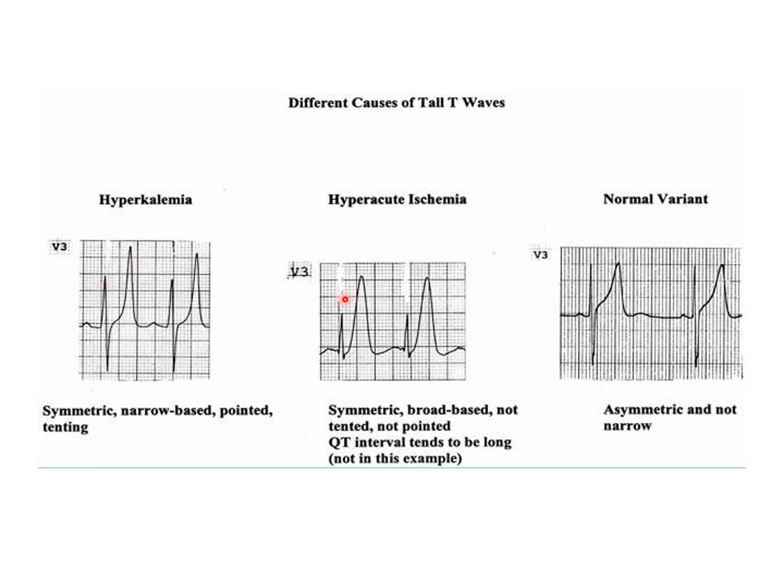And in acute ischemia, again it will be peaked and tall. But remember, it will be symmetric and the base will be broad. The base may not be narrow like hyperkalemia, the base will be broader. And the tip may not be very pointed and sharp like hyperkalemia. So these are the differences of a peaked T wave in hyperkalemia and in acute ischemic condition.